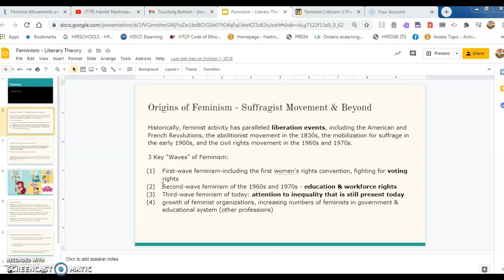Now, what they were fighting for was a key part here, is that they identified that there were barriers to them pursuing education, higher education, and even if they attained that education, because institutions were allowing women